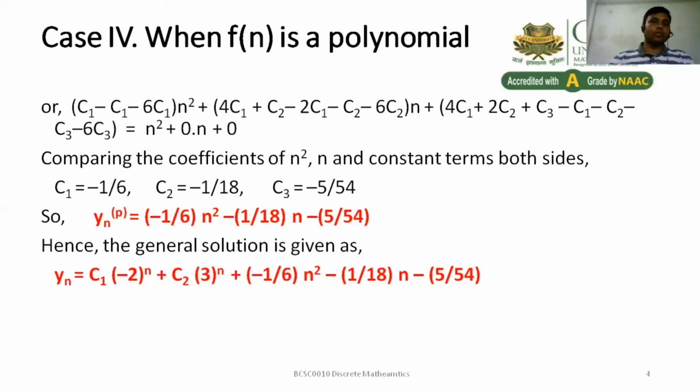For that we have discussed these four cases. Any linear recurrence relation will consist of one of these four cases, or it can be a combination of more than one case. In that case, the particular solution assumed will also be considered to be the sum or product of the forms for one or more cases. Okay, so this is all about how to solve any non-homogeneous recurrence relation by means of the characteristic roots method.